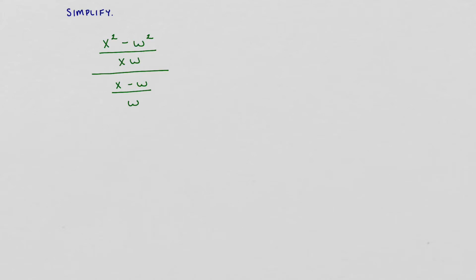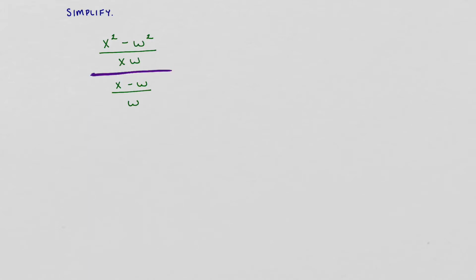So for this problem, we're asked to simplify the complex fraction before us. This is called a complex fraction because it looks like we have fractions that are comprising another fraction. What might help is to highlight the big fraction bar here. Because it feels like it's too squished together, I'm going to go ahead and expand this out